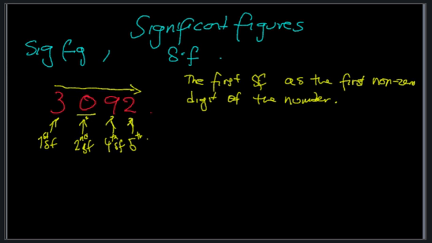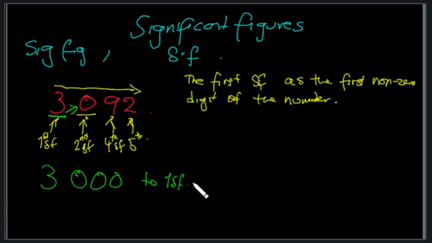So let's say I wanted to round this number to only one significant figure. Well, it's a similar process to rounding to decimal places. I'm going to look at the first significant figure here because I only want this number rounded to one significant figure. Then I'm going to use my 5 or more rule. I'm going to look just to the right of this number, and if it's 5 or more, I'll add a 1. It's not 5 or more, and so I'll leave it as 3, and my new number would be 3002,